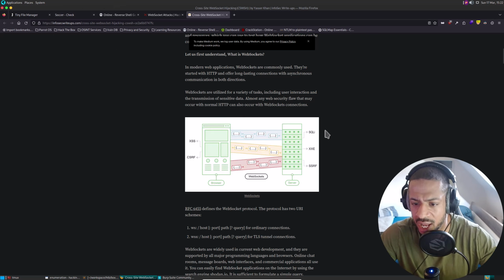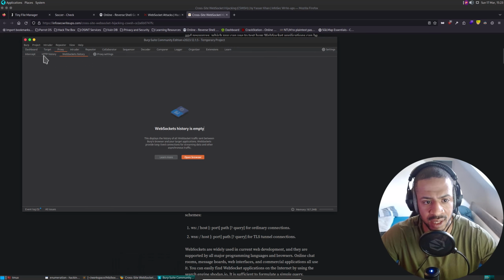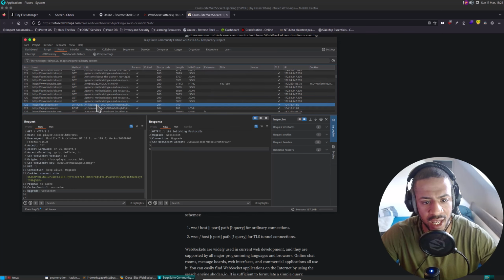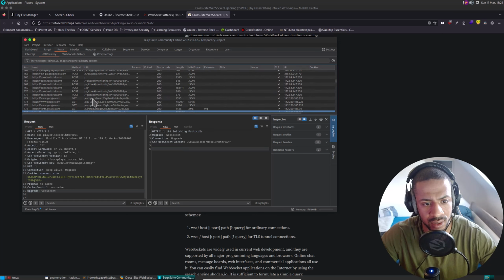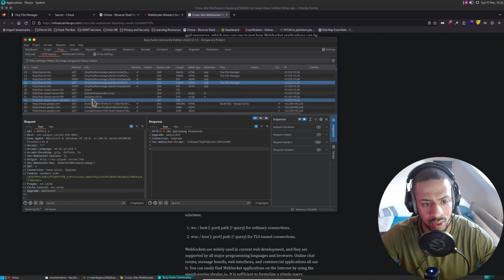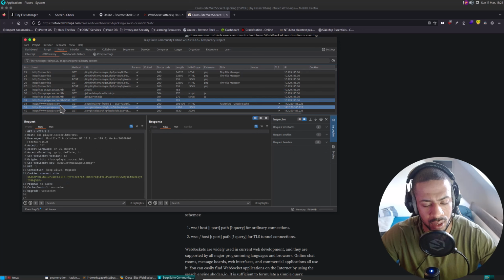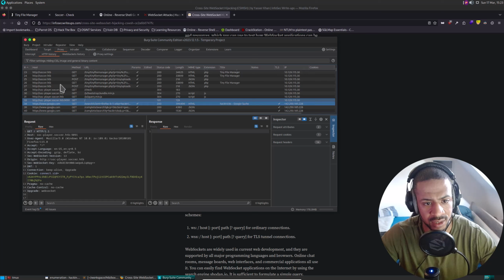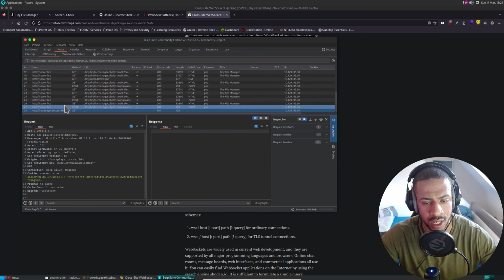But let's go straight for SQLi, because I like to think that there might be an SQLi here. Let's go back to Soccer like this, and then let's also add this to scope. There you go, both are now in scope.